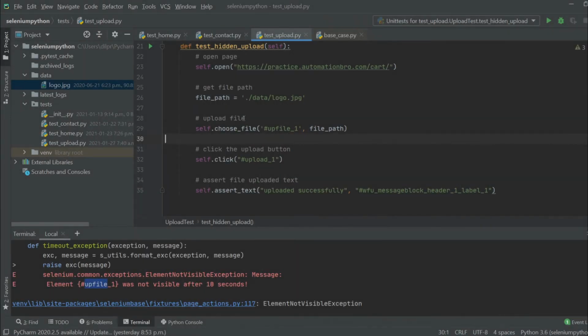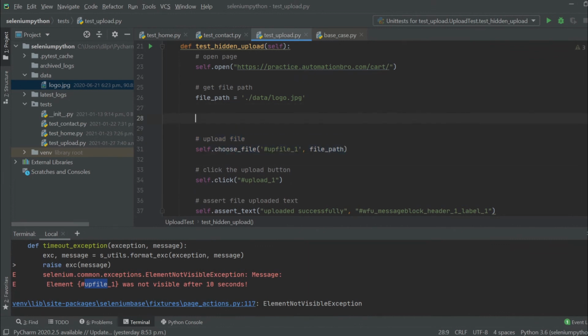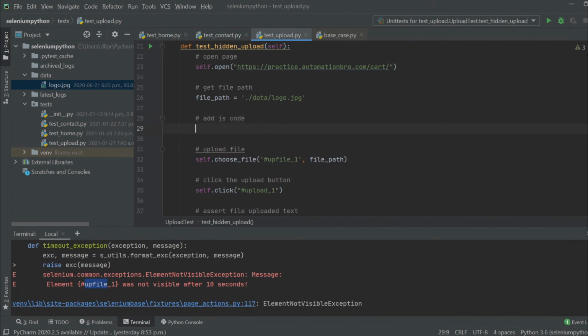Okay, so I'm back here in PyCharm, and right before when we were actually uploading our file, I'm going to make some changes here. So here I'm just going to say add JS code, or basically add JavaScript code. And then what I'm going to do is create a new variable, call this one remove my hidden class. And here we need to put the same script that we copied from our browser. So I'm going to put that over here. So that is document.getElementById, passing the ID.classList.remove, and then the class over here. So I've stored this into a variable.